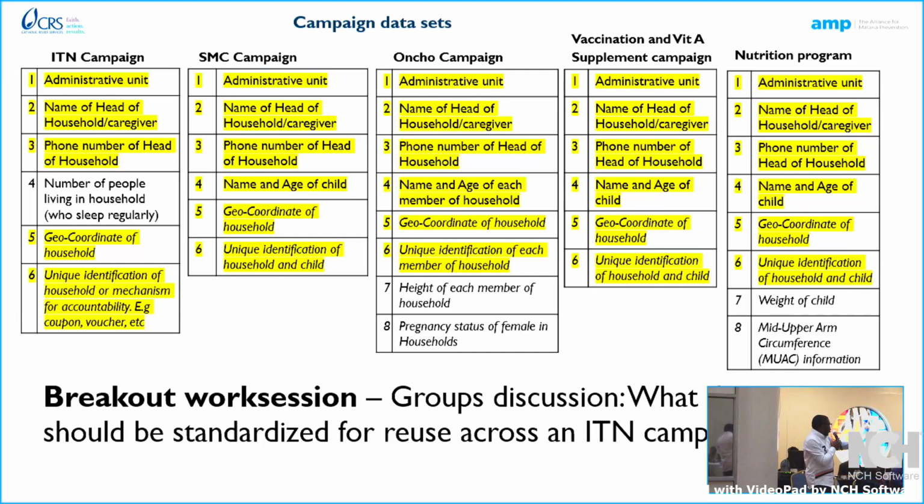If we come back to building the application, we are going to put some unique metadata that will help us link it across campaigns. So you will know that this same person is the same person we met in a mailed campaign or in an SMC campaign. Then you can add that information and you have the reference information to link this data.